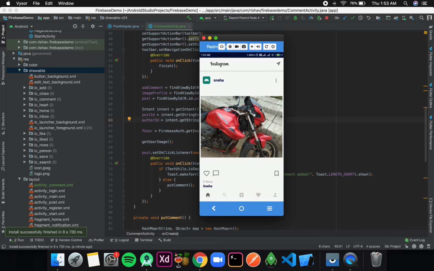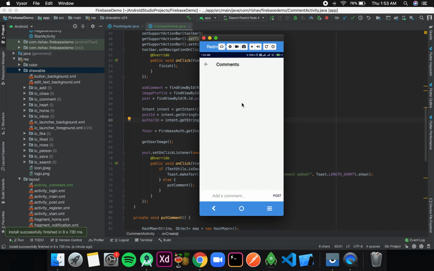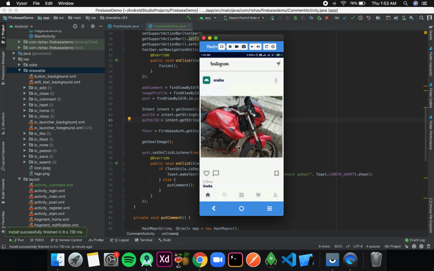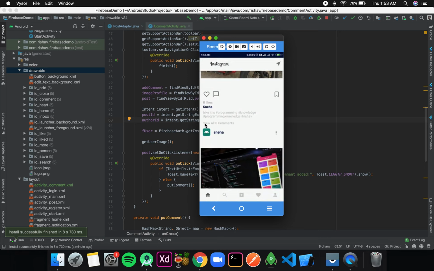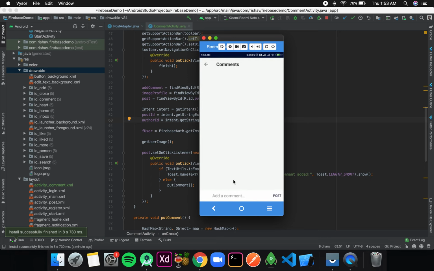Once the application starts running, if we click on this comment image view, we are directed to our comment activity. And even if we click on the number of comments text view, again we are redirected to this comment activity. Over here if I add some comment, let's say comment test 1, and click on post,